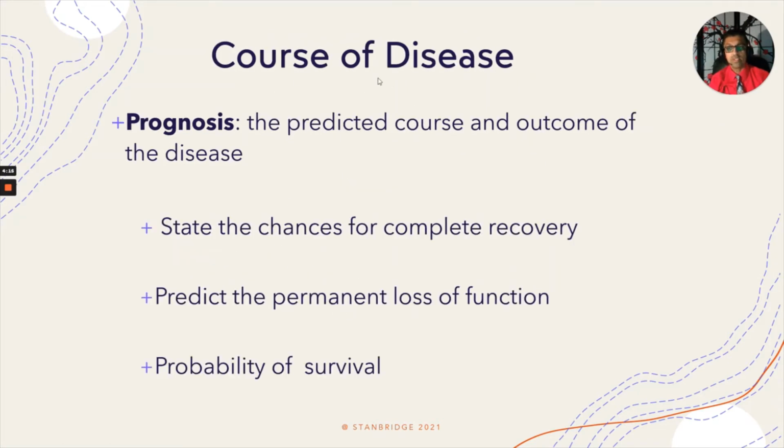Now, what's the course of a disease? What's the prognosis? The predicted course and outcome of the disease. Does it have a good prognosis? Does COVID-19 have a good prognosis? Does HIV have a good prognosis? Stating the chances for complete recovery, predicting permanent loss of function, and the probability of survival are all included